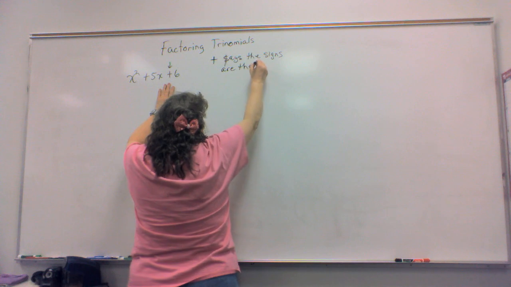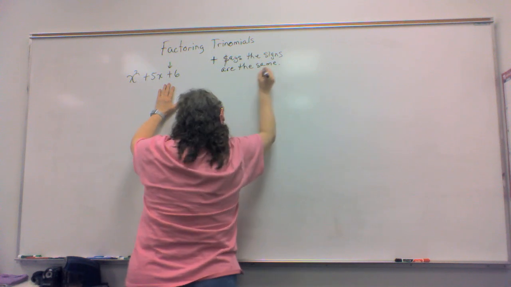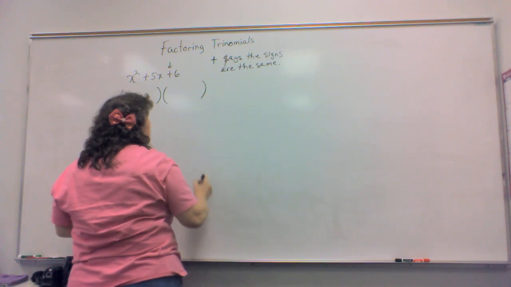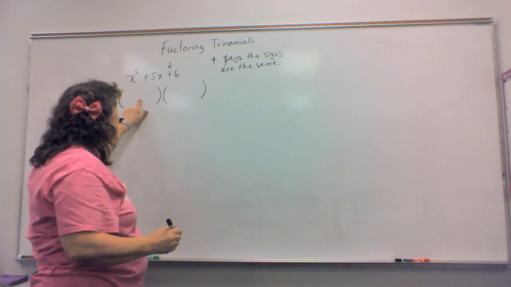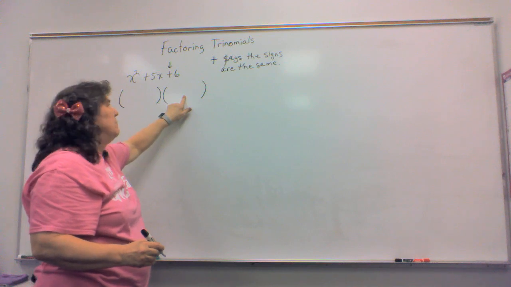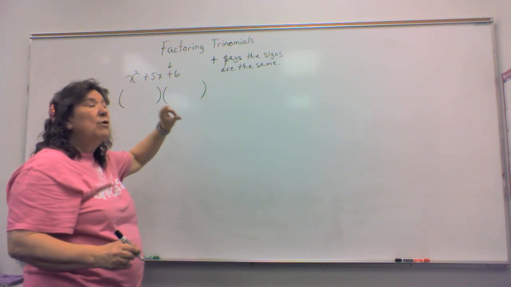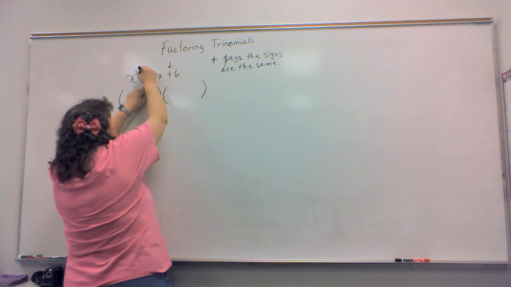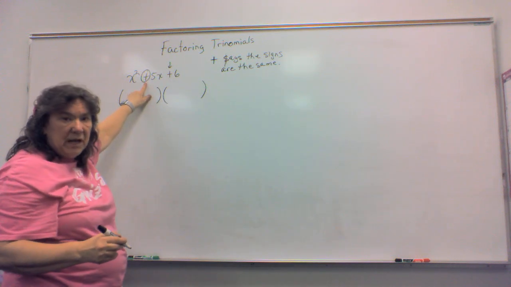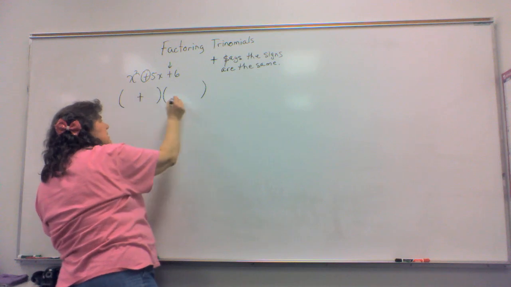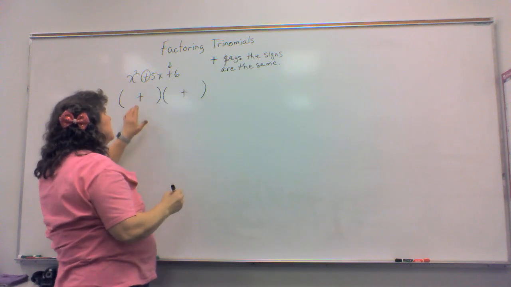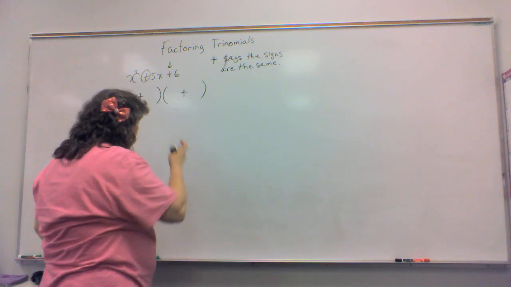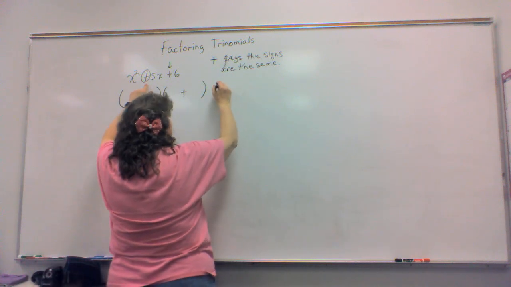So what does that mean? It means that inside the two binomials, the sign that is going to produce this sign in the middle is the same. It's either a plus or a minus. This sign here tells you which one it is. If this is plus, then they're both plus. If it was minus, they would both be minus. Okay? So this first sign